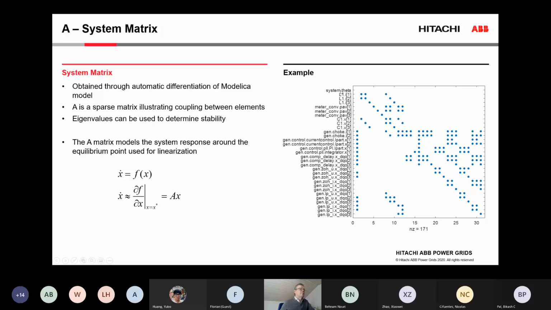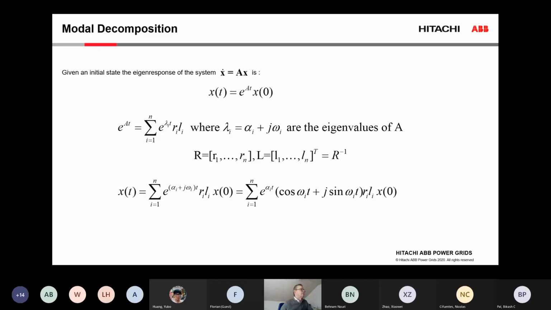On each axis, both this axis and that axis, we have the dynamic states in the model. For example, DQ voltages in the capacitors and inductors, dynamic states in the integrators in the control system, and various states related to delay approximation. So that gives us some physical insight about what is going on in the model. And so the first way now to explain how this modal decomposition works,